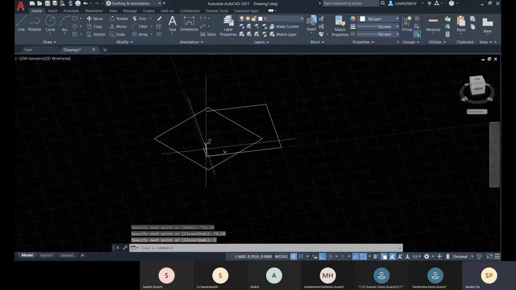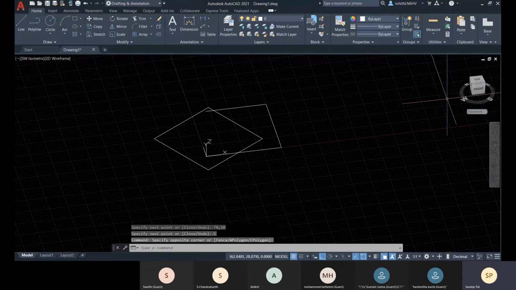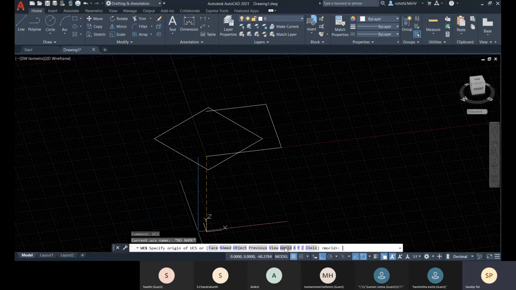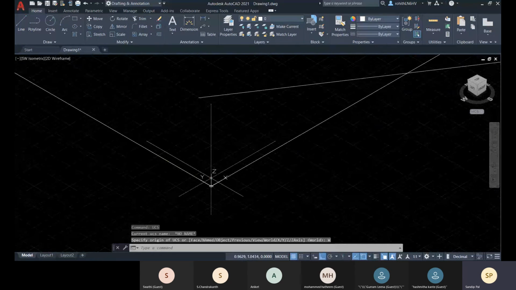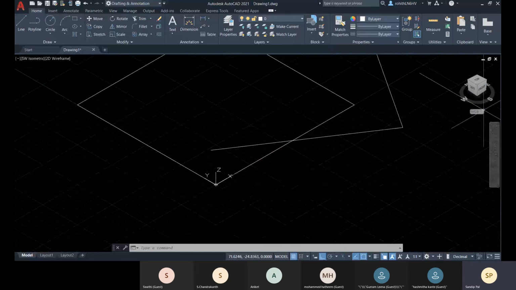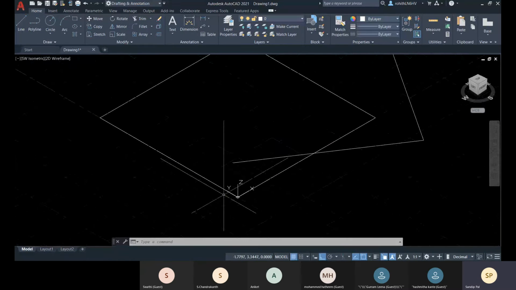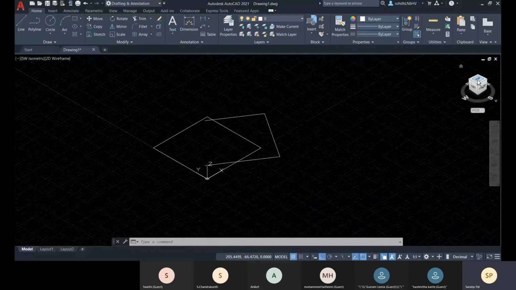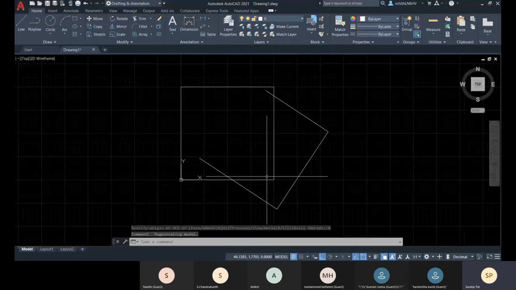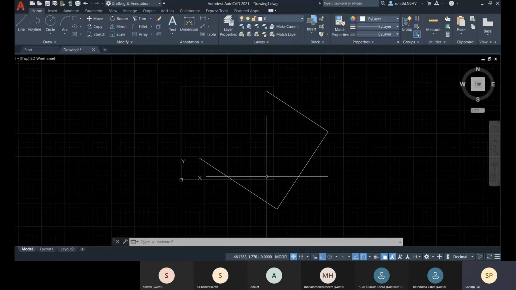Now if I come to this UCS, or from here if I align it, or else you can come to this UCS command there, and there you can choose World. Now you just see that your UCS is aligned with WCS, and here you can see also that it's showing you WCS, and this is the result you are getting, right? And let me get it back, right? So this is how you can work also.